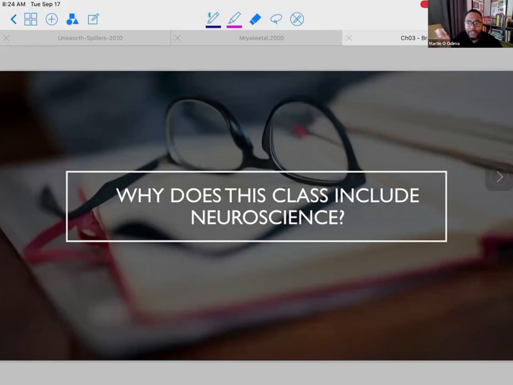Well, neuroscience is the study of how nerves and cells, particularly neurons, send and receive information throughout the brain, body, and spinal cord. And it's important because the biological makeup of our brain will influence how we perceive things in the world, how we take in information, how we behave, and how we act after getting that information, what kind of things we do. So I'm going to be talking about that and how that works.